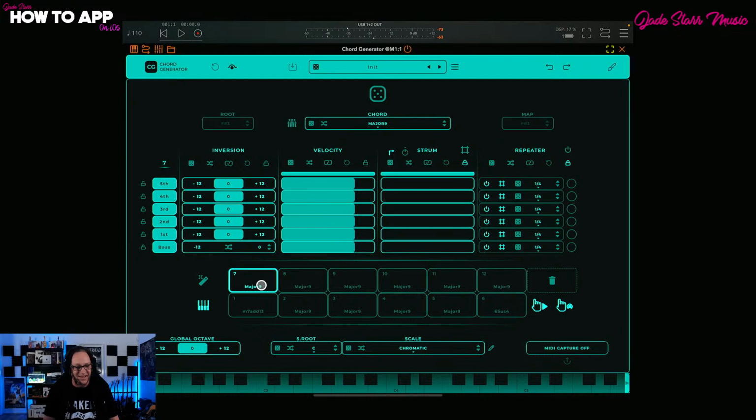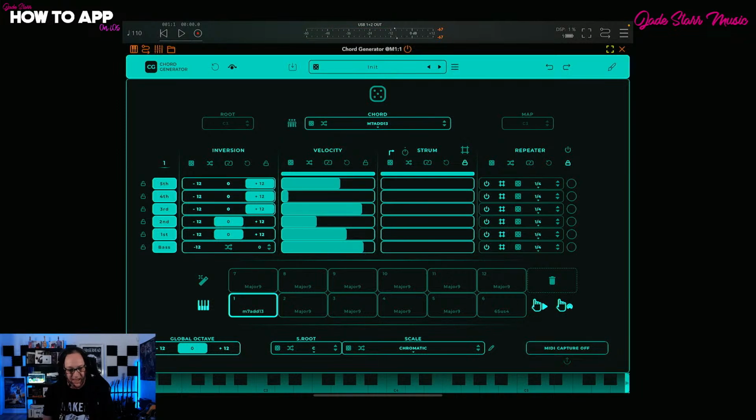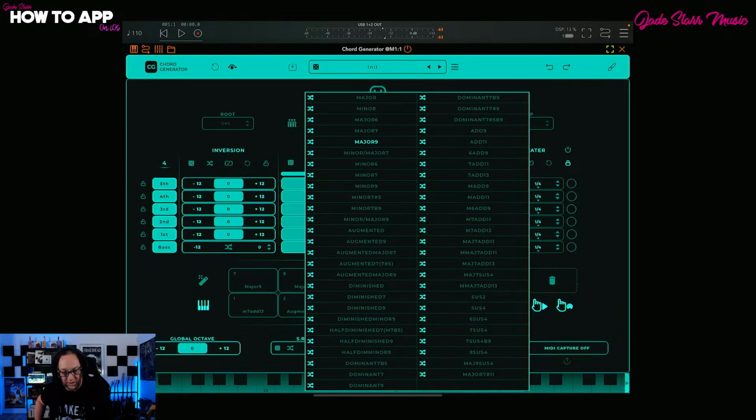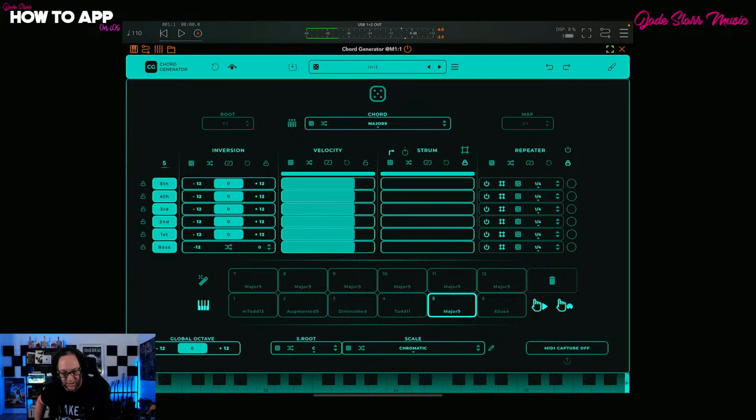So for example, in this keyboard mode, we can come in here and change each of these. So let's start down here. We've got this M7 add 9. We can come into the next one, change this to an augmented, come into the next one, change it to diminished. You can do whatever you want. So now,